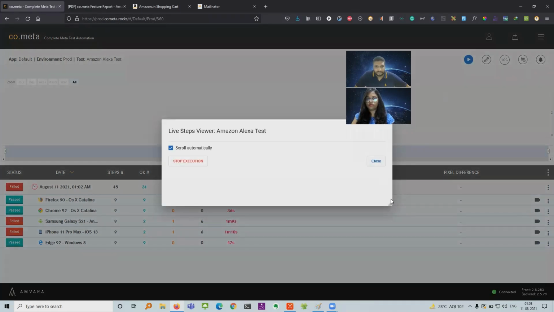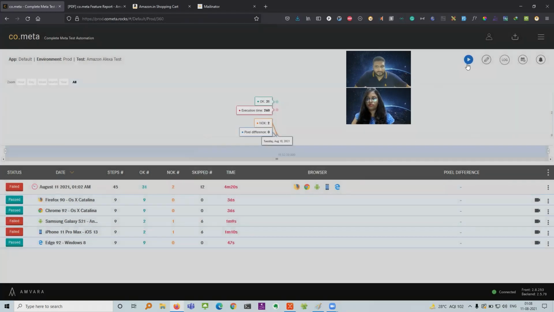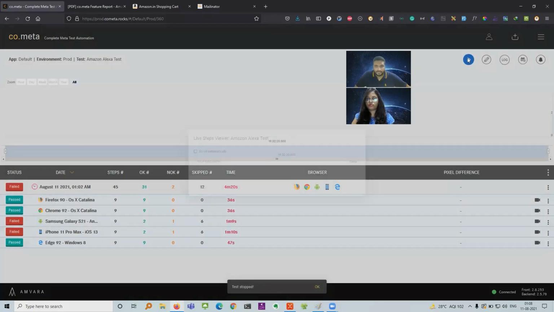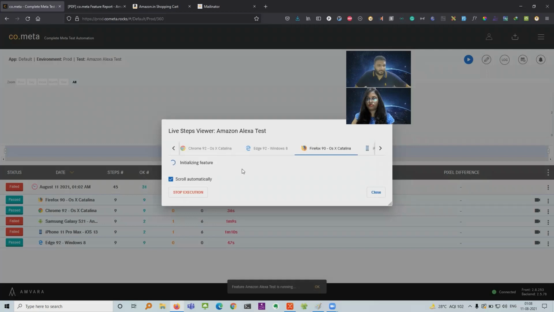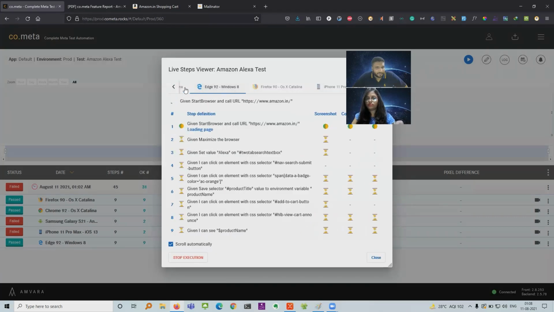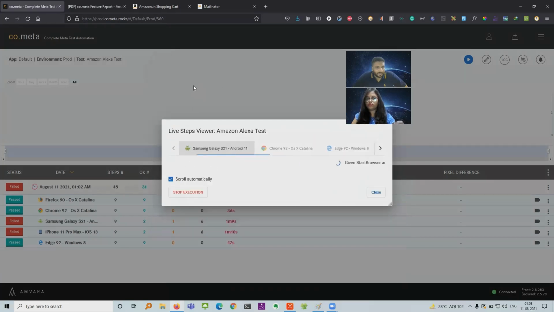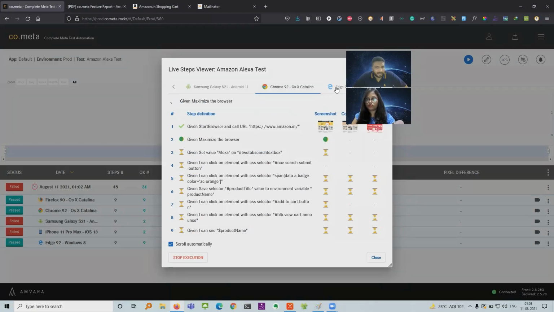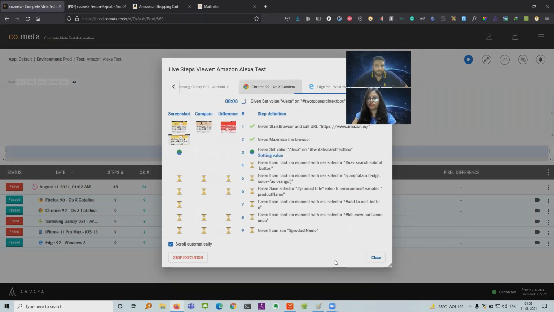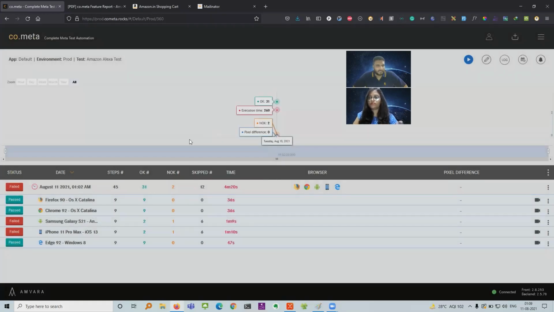I'll click on stop execution and click on run feature. Yeah, and now it again spawned up. So maybe there was some issue that was happening that time. And if you see, this is how quickly all the tests are spawned in parallel, which is pretty cool. That's something awesome, and you even start seeing these dashboards now.